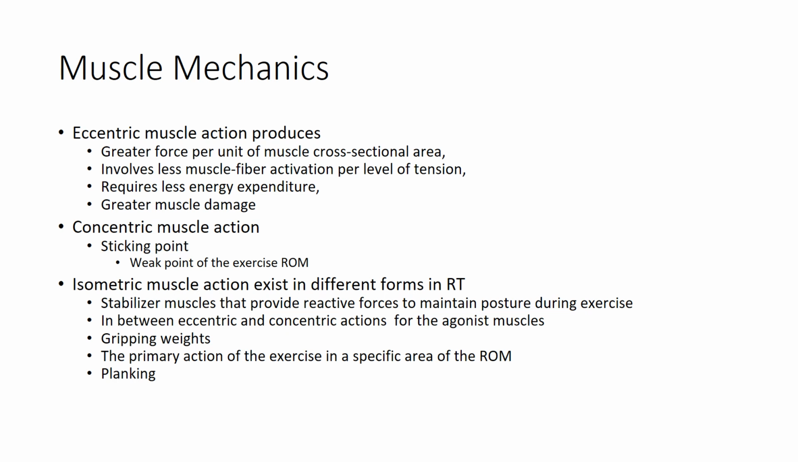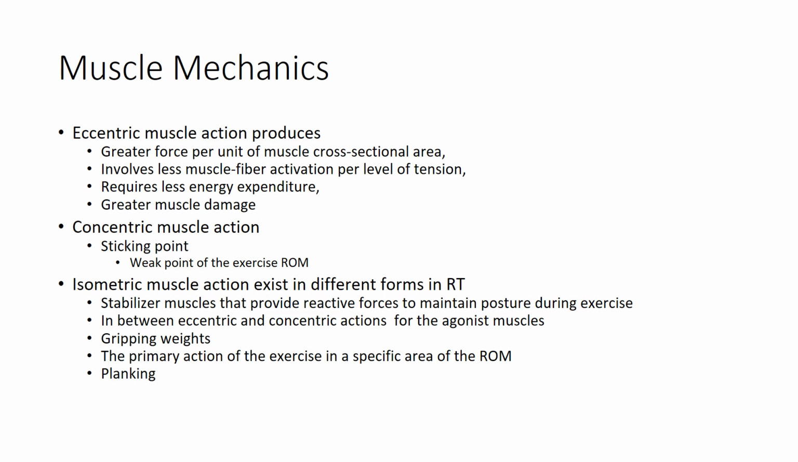An isometric muscle action exists in different forms in resistance training. There are stabilizer muscles that provide reactive forces to maintain posture during exercise. This is going to help you not have those rounded shoulders and that hunchback. You can also utilize these isometric muscle action exercises in between eccentric and concentric actions for the agonist muscles. Generally speaking, your isometric muscle action is always going to somewhat occur when you're going through